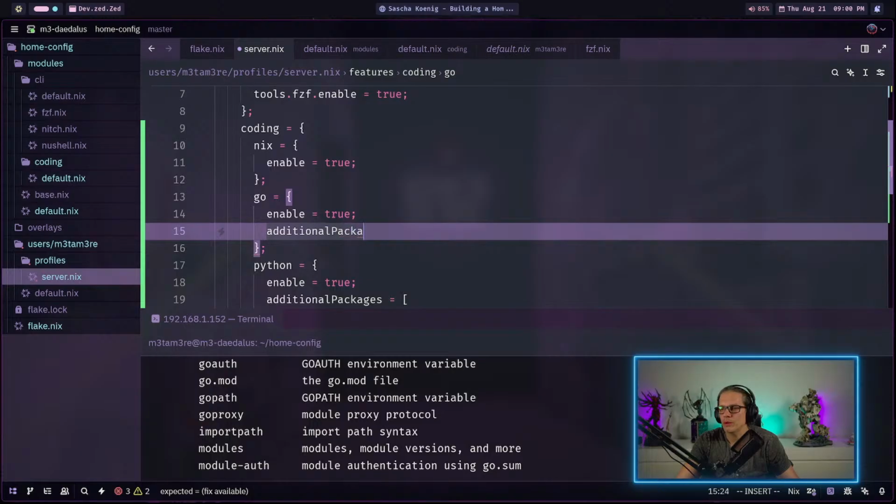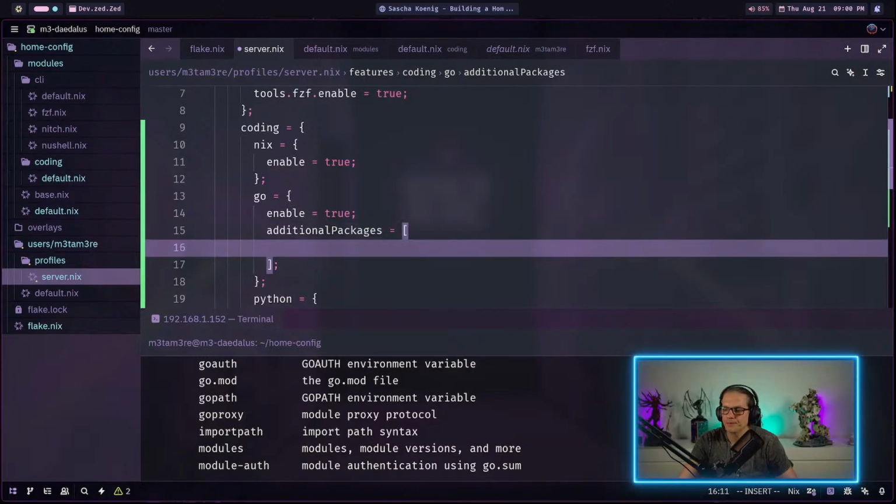So we just create additional packages here, and then equals, and put our array. And let's say we take go tools, and of course this,